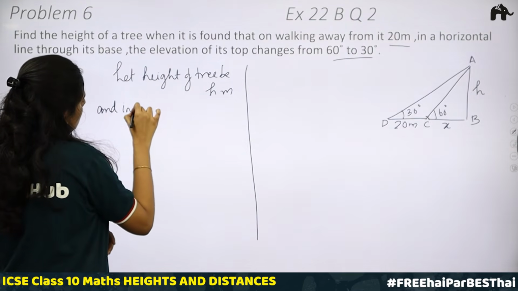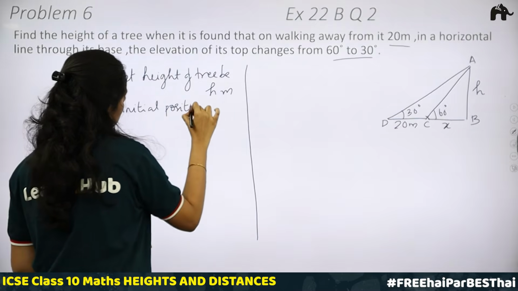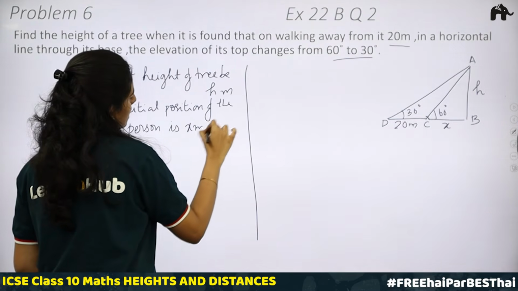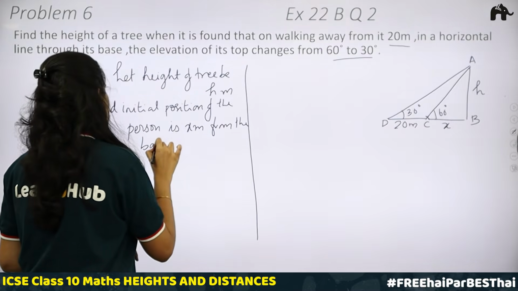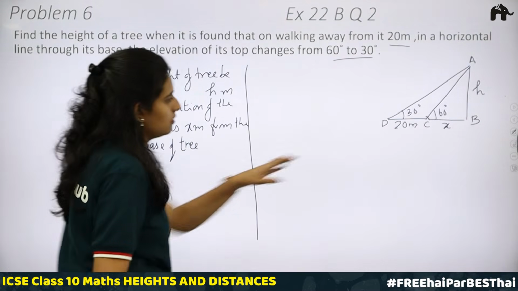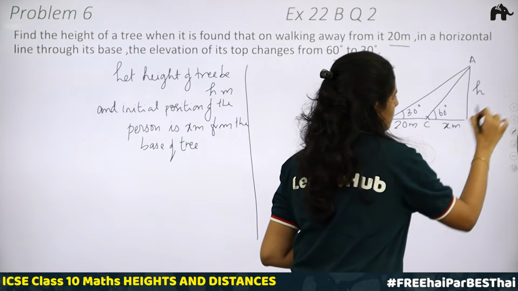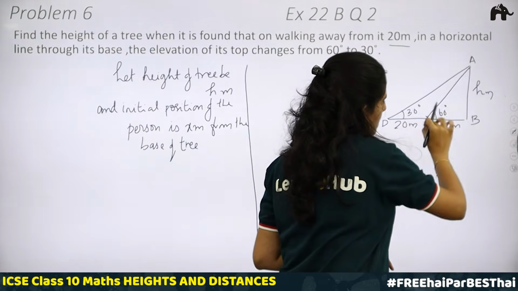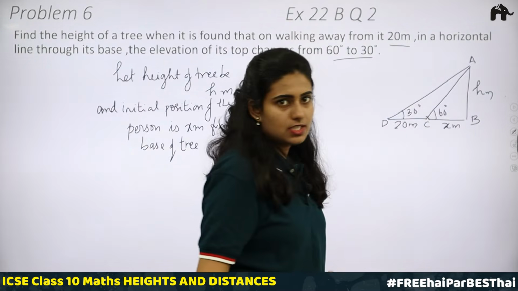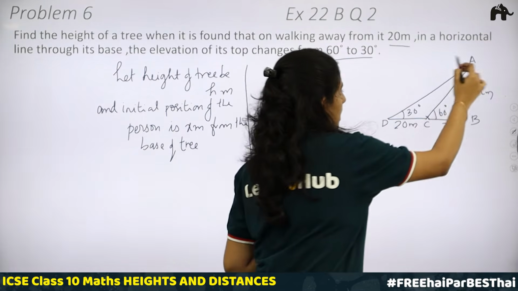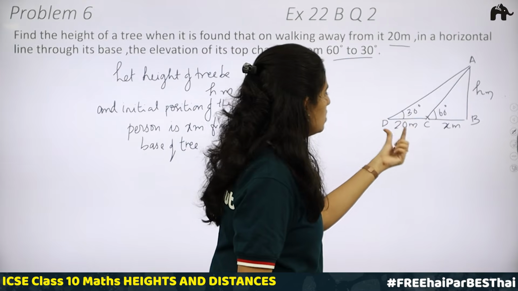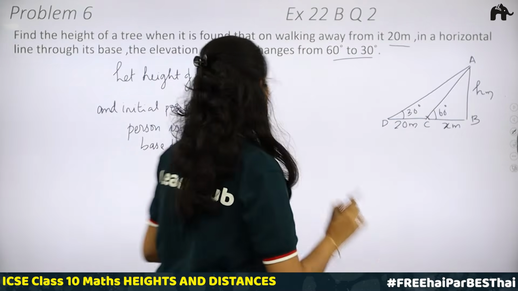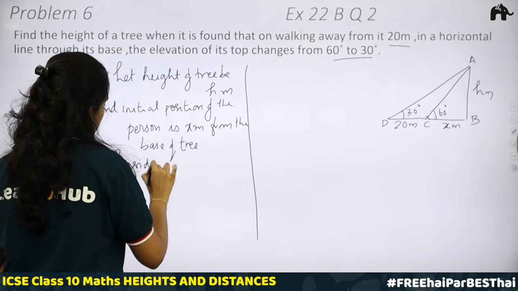And the initial position of the person is x meters from the base of the tree. This is what we are considering, the base of the tree. From the base of the tree, the person is at x meters distance. Okay. Now, when you consider triangle ACB, h is the opposite side and x is the adjacent side. When you take the second triangle ADB, h is the opposite side and 20 plus x is the adjacent side. Okay, using which we can find the height. First consider triangle